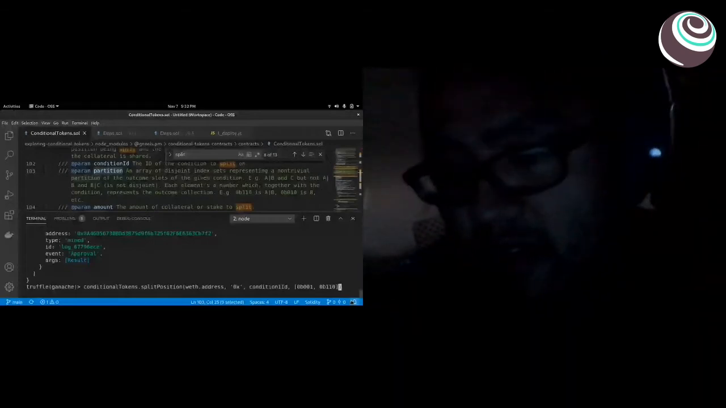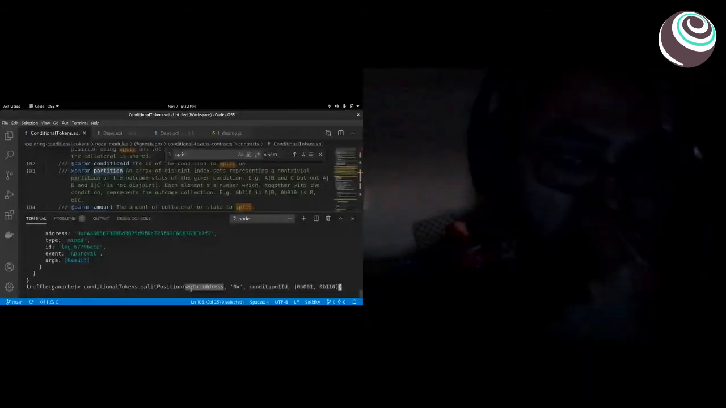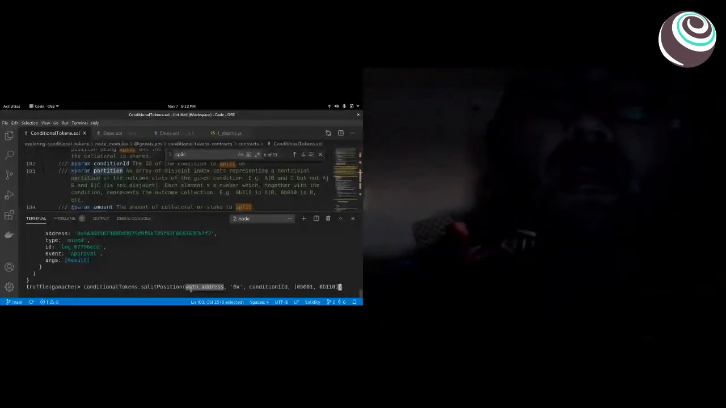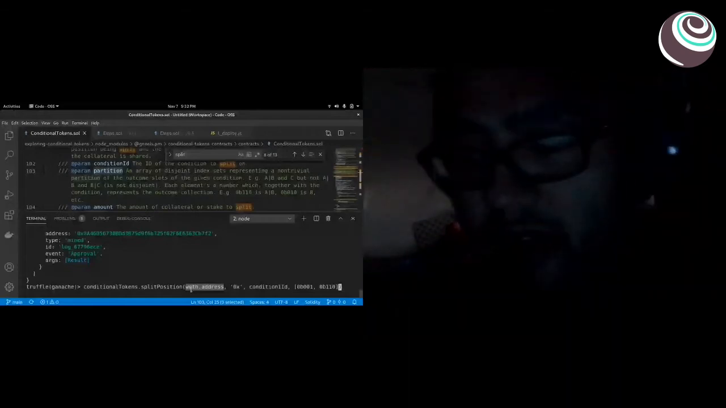So these are the collections I'm targeting. There's this wrapped ether that is being passed in as the collateral token. And this collateral token together with an outcome, you can create a position out of. So finally, the last thing that we have as a parameter is an amount. Some amount to split. Here, I'm going to choose the amount of,